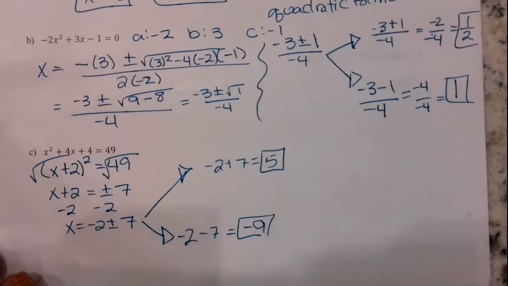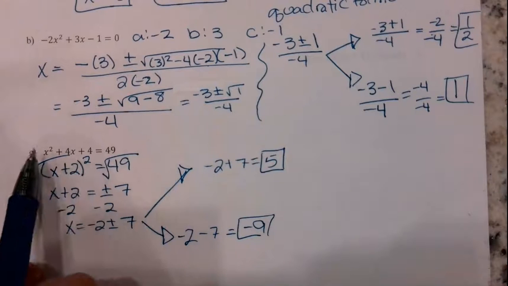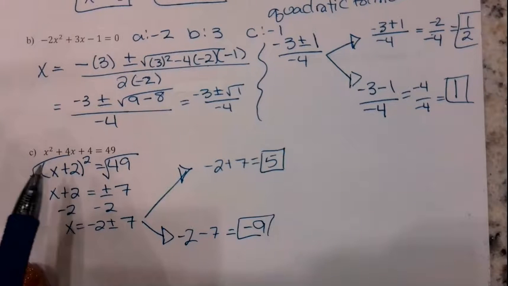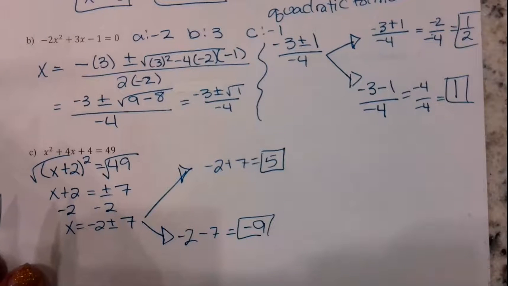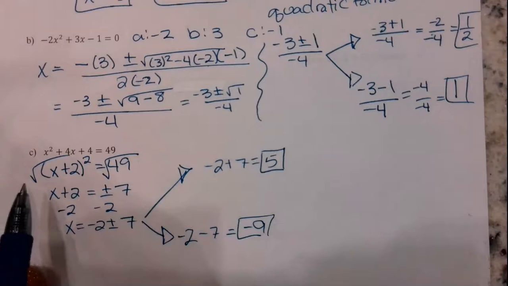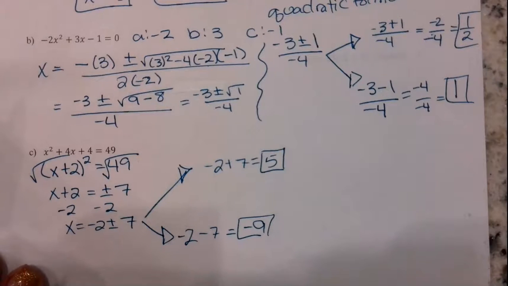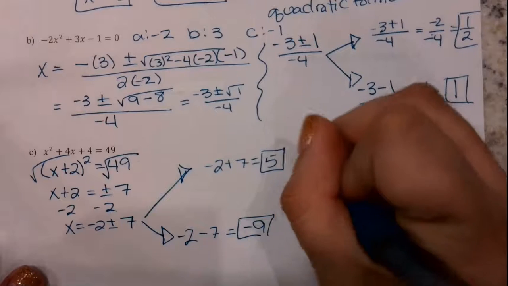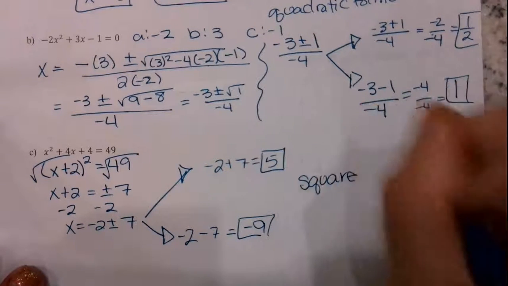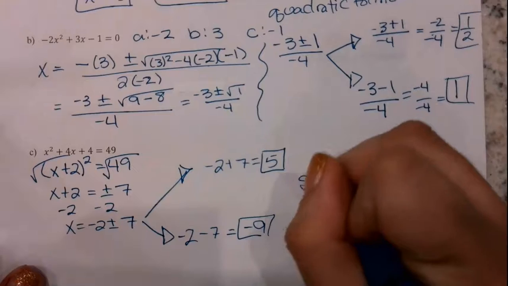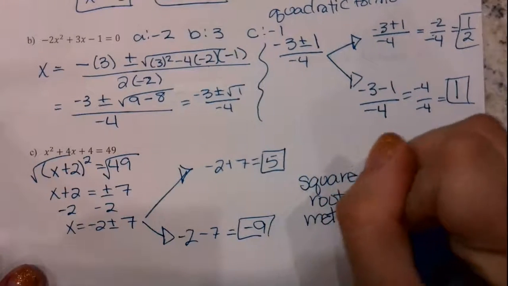Now, I could have solved this by subtracting the 49 over and factoring, because it would have given me x squared plus 4x minus 45. I could have solved by graphing if I got it equal to 0. I could have solved by using the quadratic formula again if I had set it equal to 0. All of these methods are valid and would have worked for this. And I gotta say, I like my method, the square root method, over here. So moving on,